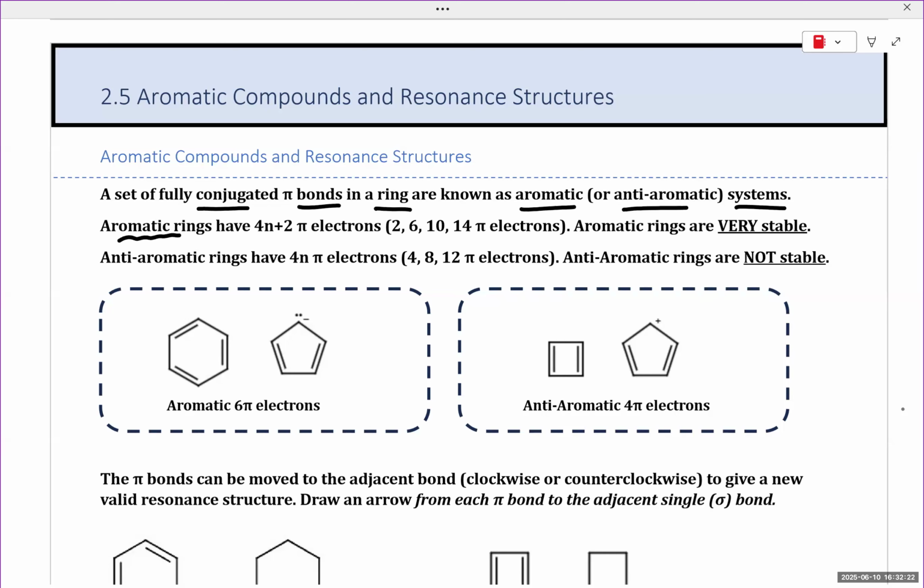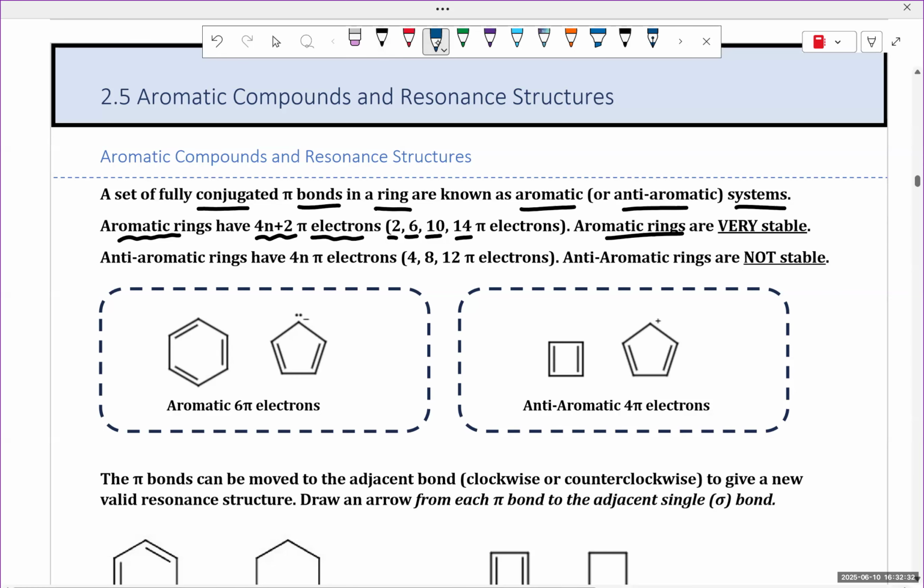Aromatic rings have 4n plus 2 pi electrons, 2, 6, 10, 14 pi electrons, and aromatic rings are very stable. As a counterpoint, anti-aromatic rings have 4n pi electrons, 4, 8, 12 pi electrons, for example, and anti-aromatic rings are